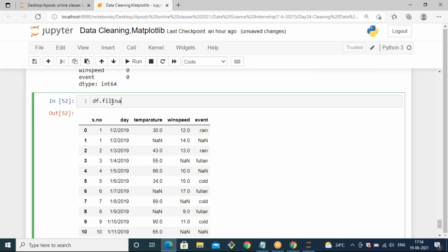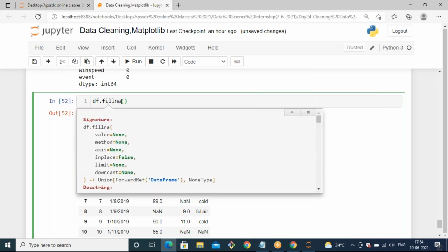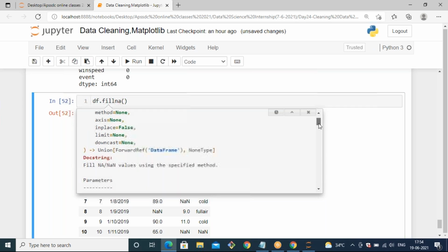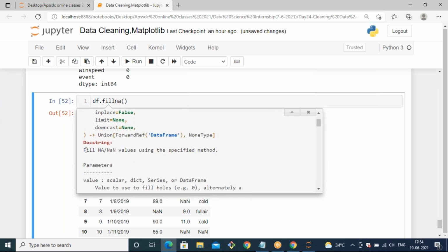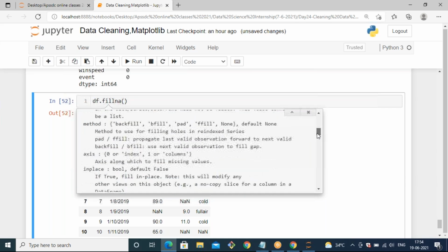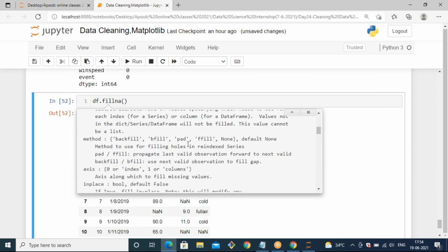So fillna is to fill null values. If you press Shift plus Tab, you can see the documentation: it fills the none values using the specified method. It supports methods like backfill, bfill, pad, ffill, none.